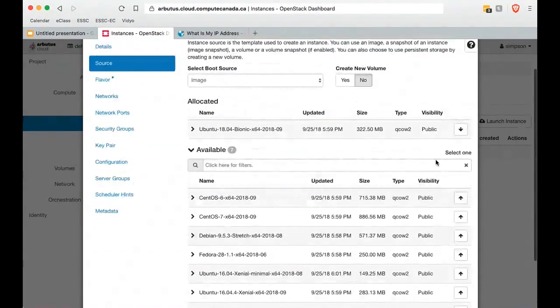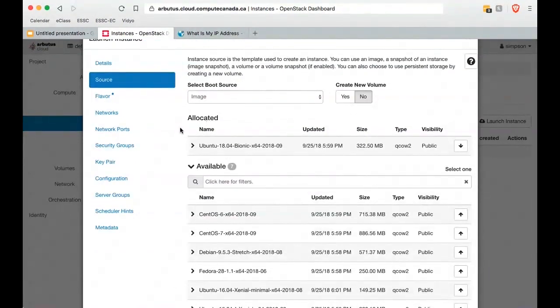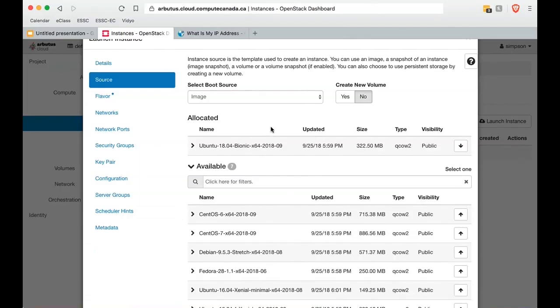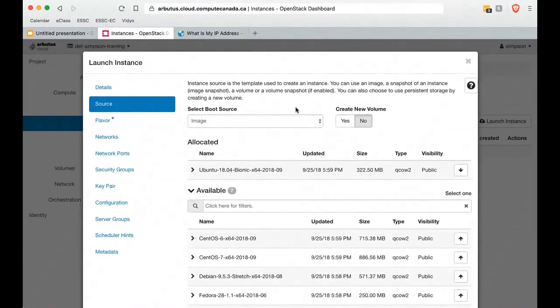So I'm just going to click the little up arrow on the right, and it moves Ubuntu 18.04 into the allocated piece. So I'm at the top of this panel, I'm booting from an image. That image I've chosen is going to be Ubuntu. If I click the up-down arrows under select boot source, I can see I can also boot from an instant snapshot.